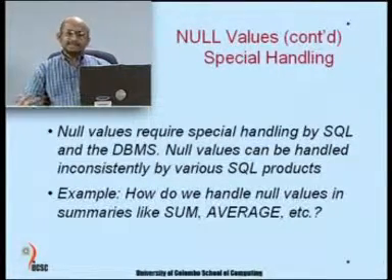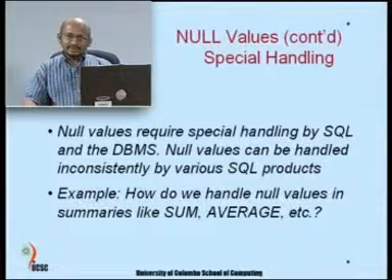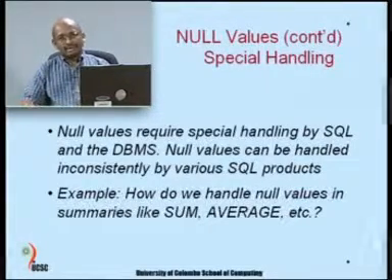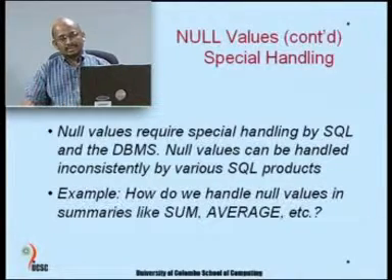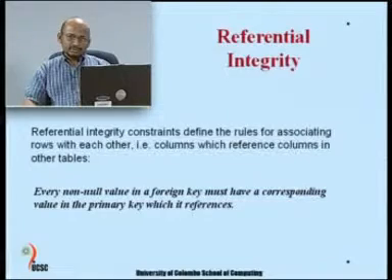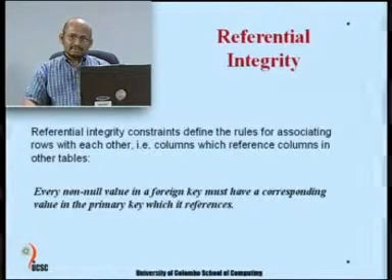Usually null records will be ignored when you say sum and average and so forth, but if you are counting employees where some other values are null, then you have to know how it is handled or how you want to handle it. Those you can try out when you go to the practical level. Also, some software can differ from others in the way it is